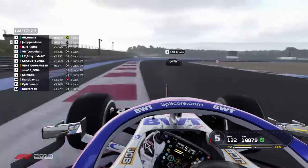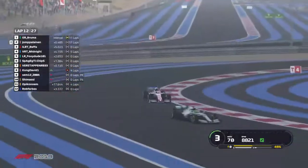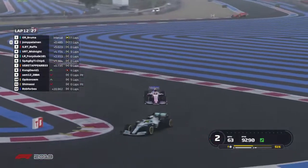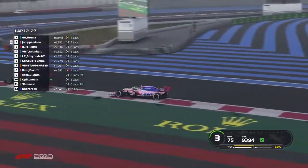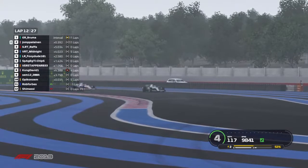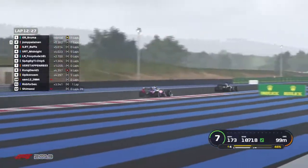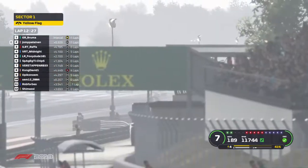But anyway, that puts Bruma into the lead, although I don't think that's the net lead if you take into consideration tyre changes. And it looks like the strat is going to be mediums to hards this evening, or hards to mediums, depending on what strategy you've chosen. Jompa was the only driver to start on the hards, so he'll definitely be going on to the mediums. Maybe go for a push for the fastest lap point at the end of the race, as there's yellow flags